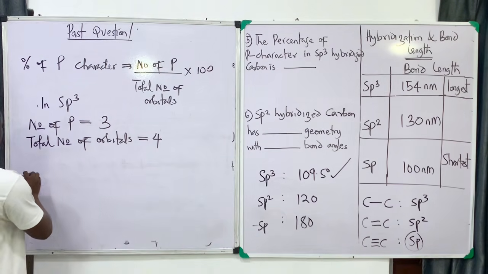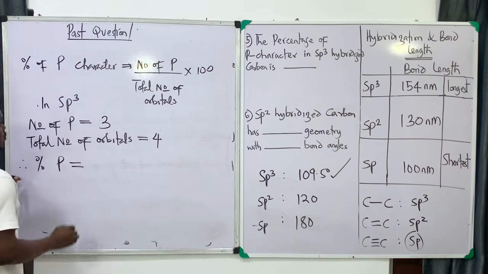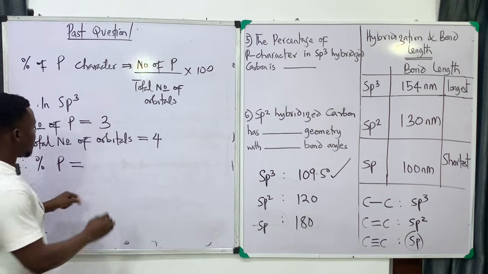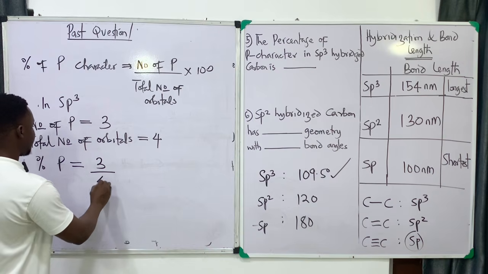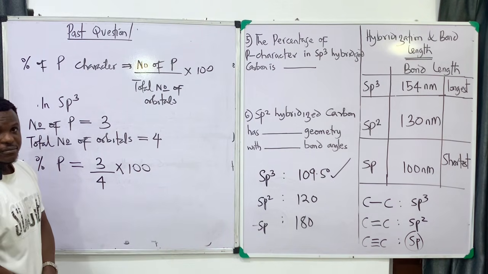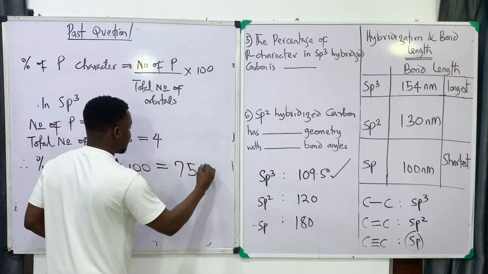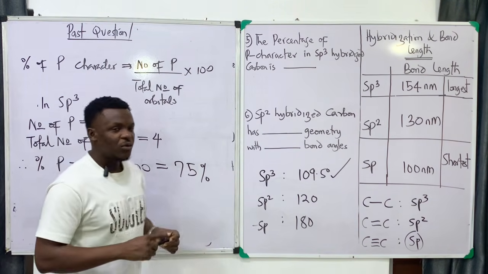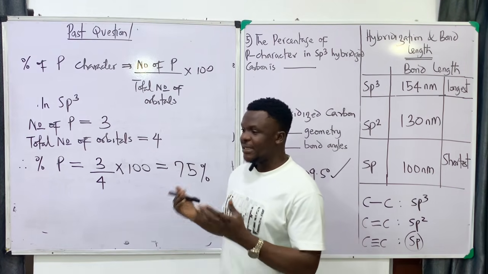So therefore, percentage of p will be equal to number of p, 3, all over total number of orbitals, 4, times 100. This is going to give us 75%. Now with this pattern, you can solve for any percentage of any character,